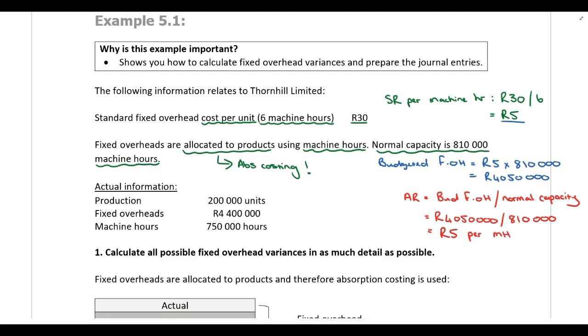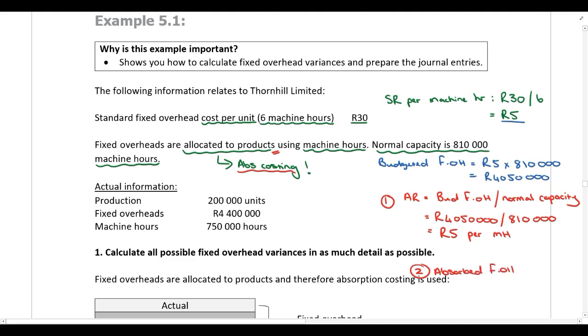Now remember, in step 1, we always calculate the allocation rate. When we are allocating fixed overheads to products and using absorption costing, in step 1, we always calculate the allocation rate. In step 2, we then calculate the absorbed